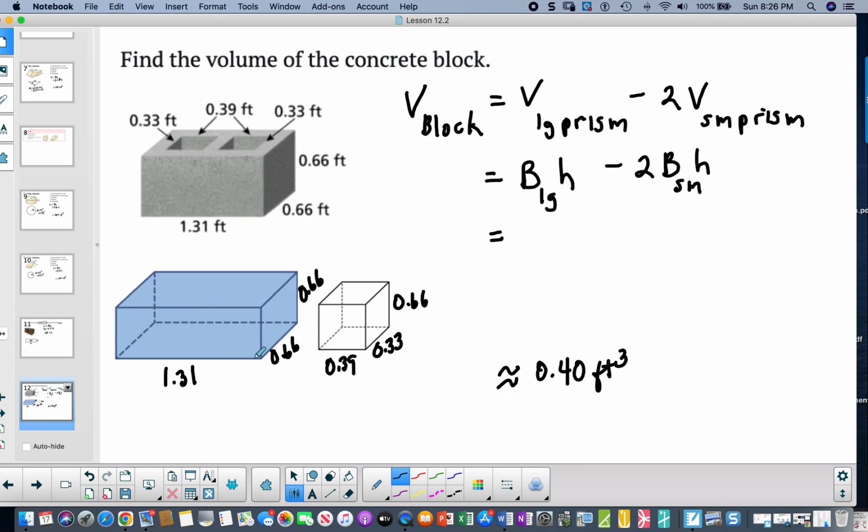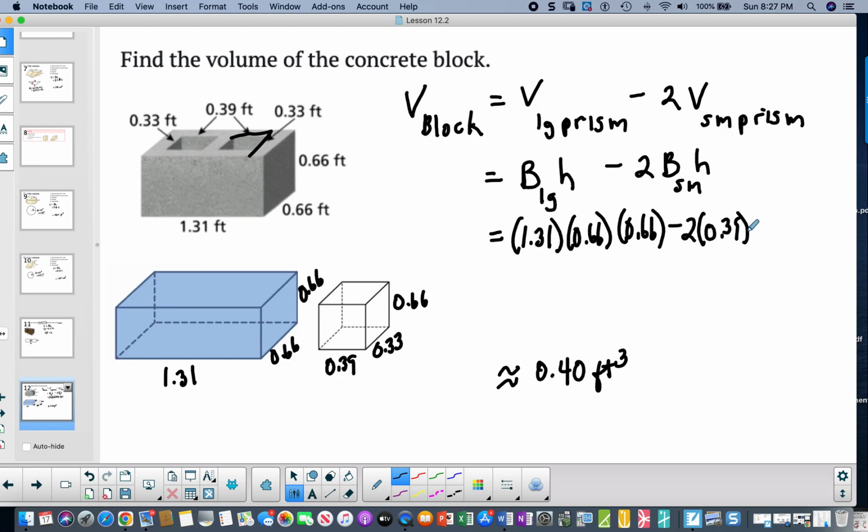So here are the dimensions of the large prism, and what we're going to do is multiply the area of the base, which is 1.31 times 0.66, times the height, 0.66, minus 2, and the area of the base will be these two numbers, which come from here. These two numbers right here make the dimensions of the base, which is